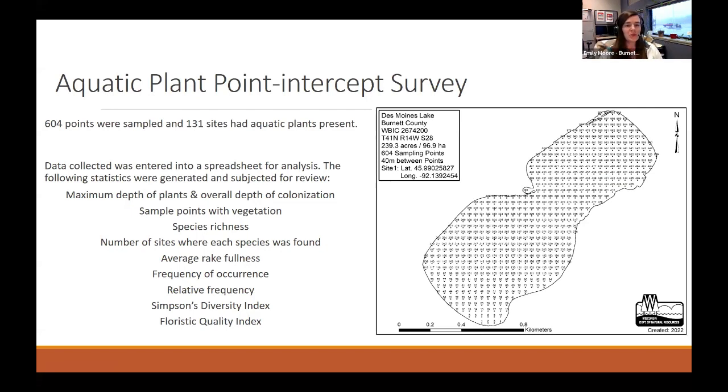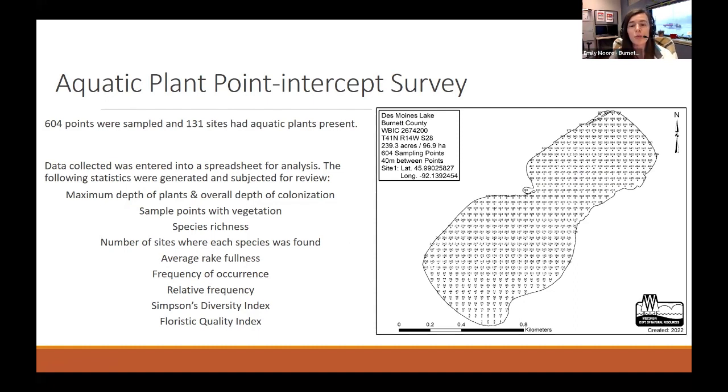I'll change gears a little bit and go towards the aquatic plant side of things, where this could correlate with some of the water quality stuff that we're seeing. Like I said, nutrient poor equals low plant life. For APMs, or aquatic plant management plans, it's required to sample all aquatic plants and invasive species using a point